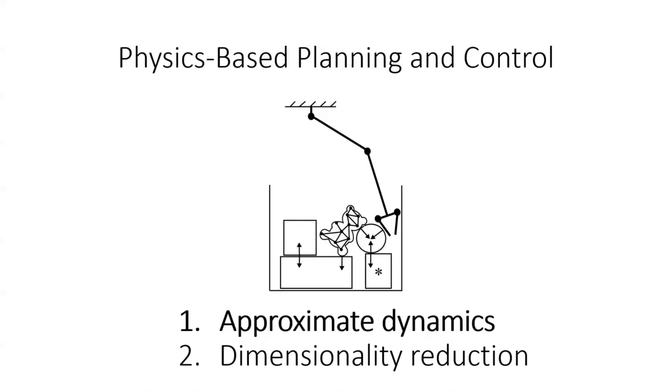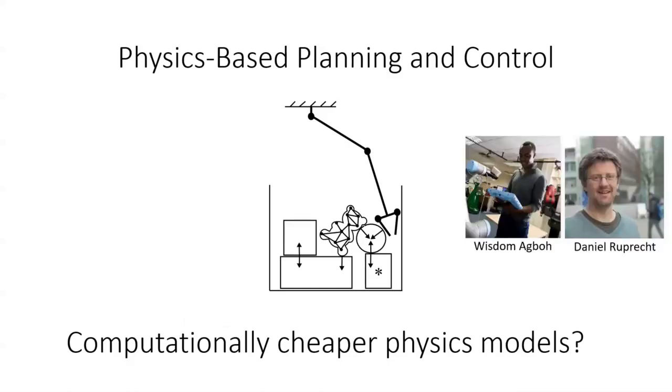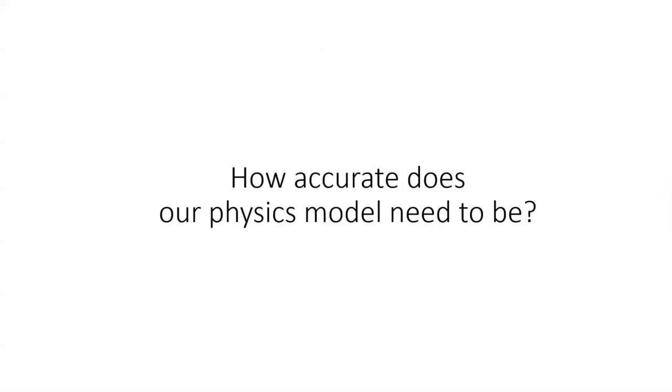So I'll first talk about the approximate dynamics bit. And the main idea here is, can we actually come up with computationally cheaper physics models? This has been worked on together with a PhD student and a postdoc, and with Daniel Ruprecht, a professor at Technical University of Hamburg. He's a mathematician, and this work is basically about numerical integration, but doing coarse numerical integration, and Daniel's an expert in that, so this was a collaboration between our group and his group. But the main question we asked in this is, how accurate does our physics model need to be,